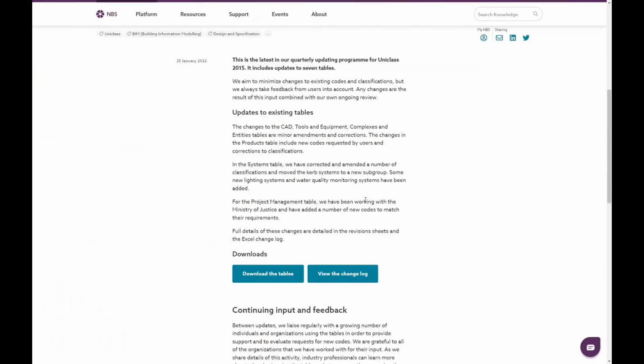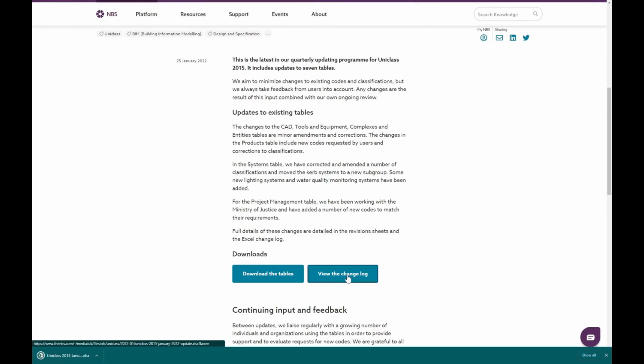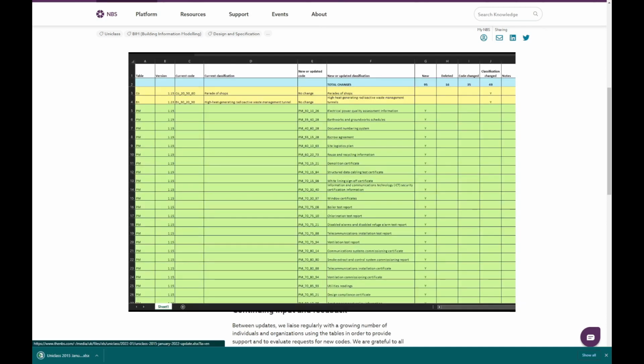Each quarter, there's guidance produced on the changes made to the existing tables and the reasons and logic behind those changes from the Uniclass moderation team at MBS. In these articles, there's a link to download the tables, and you can download a spreadsheet change log, which shows